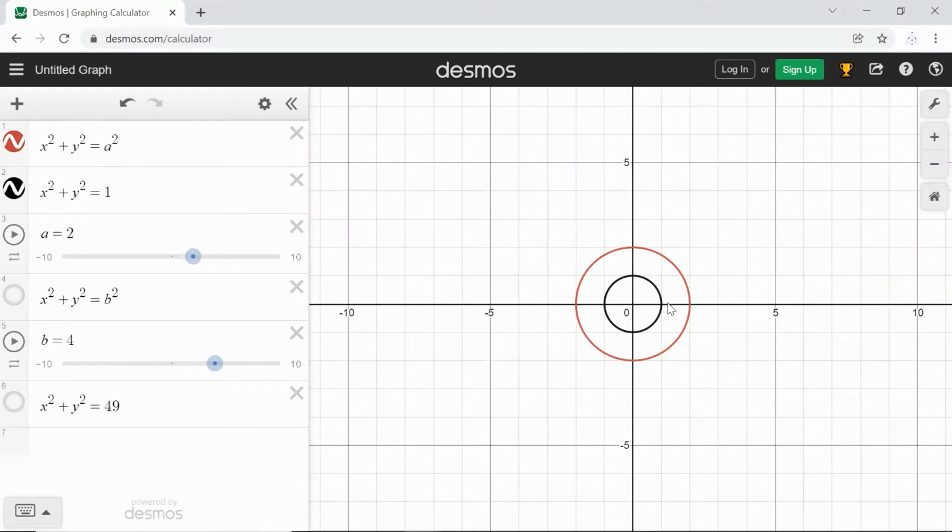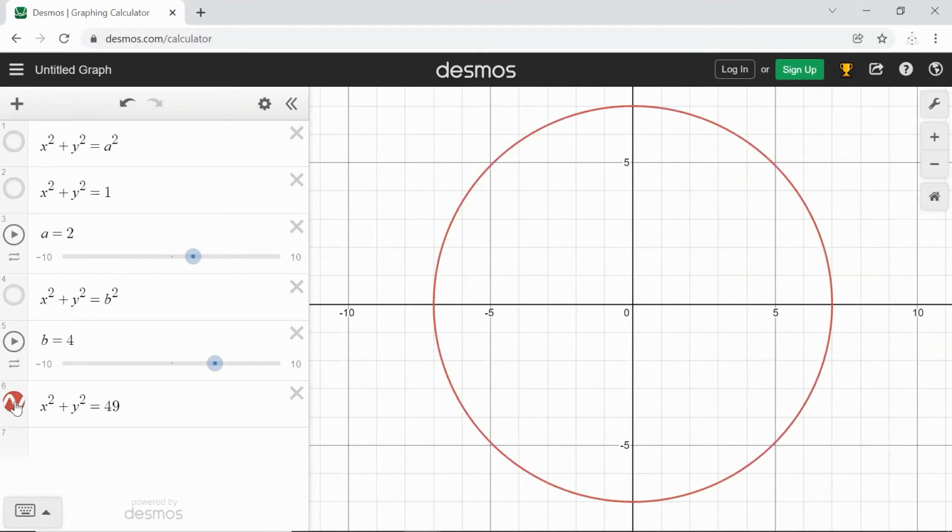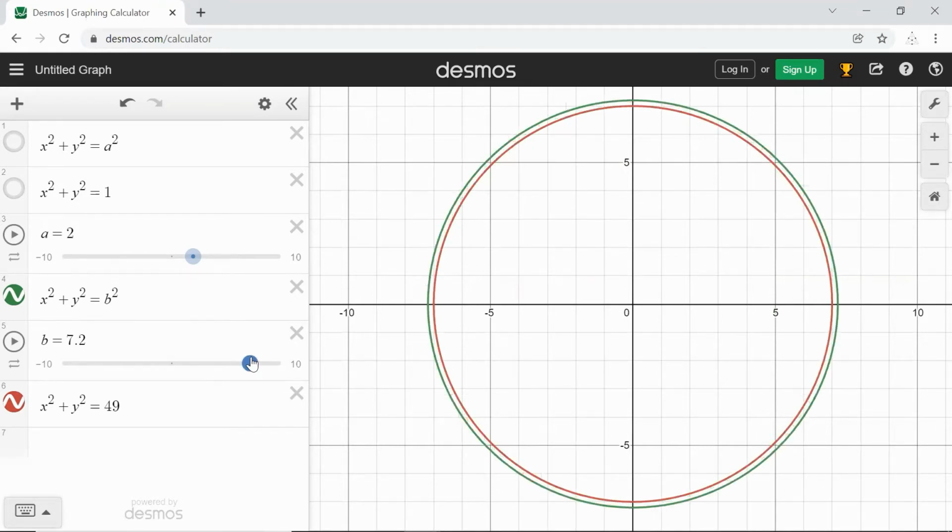So even though I've increased it by 1, I've added this much area. Well, if I would have started with a bigger circle, let's say a circle of radius 7, and then increased it to a circle of radius 8,